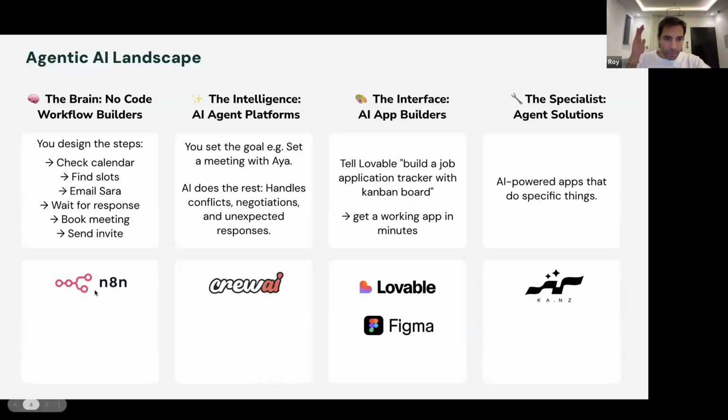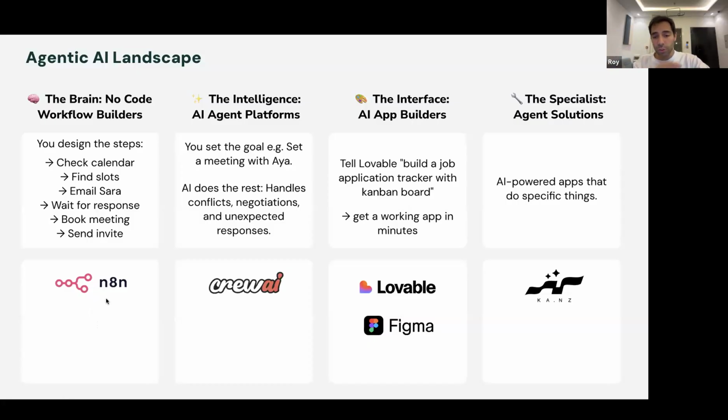We're going to go step by step on how to build through N8N. I'm going to show you Crew AI without necessarily having to build it, because we won't have time in this session. I'm going to show you Lovable and Figma, and I'm going to show you Ken's. And then in the next session, a week from now, Nicolas is going to probably reuse N8N and Lovable and connect them so that you can end up with an application. In the meantime, your goal is to build this N8N workflow, choose an idea that you want to build yourselves and start to build it.